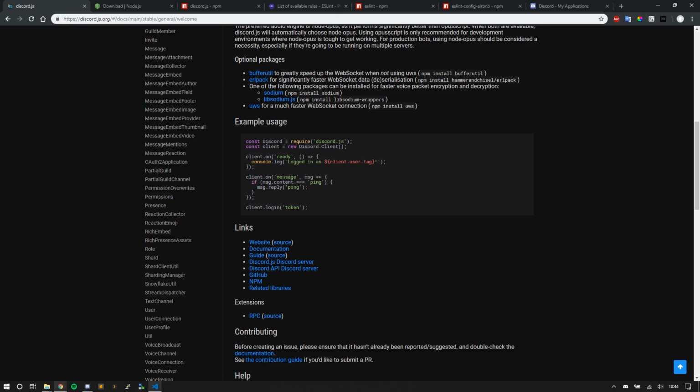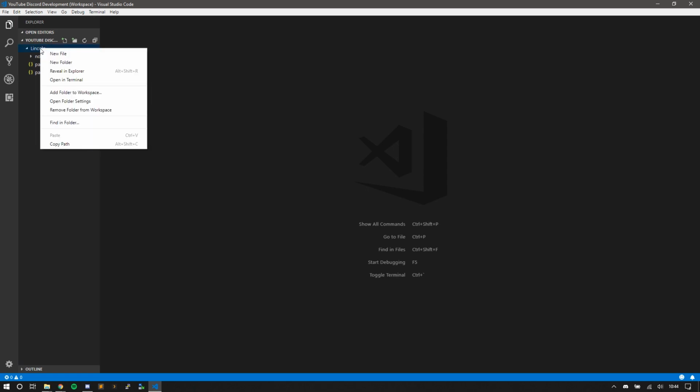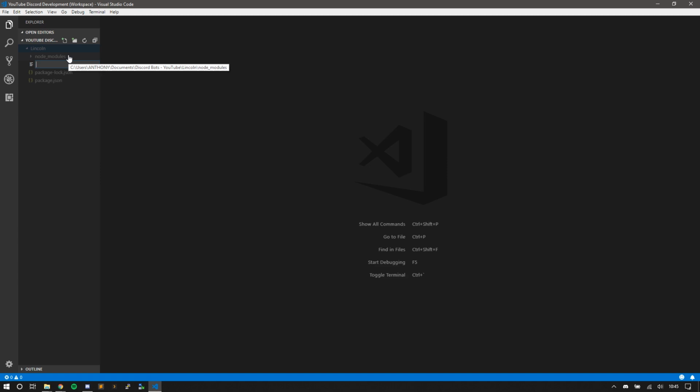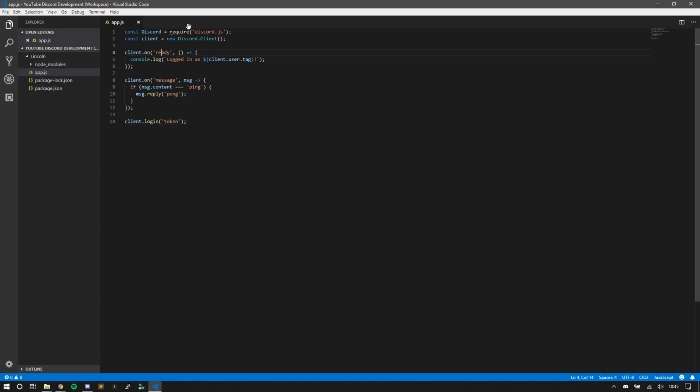This is simply how to just straight off the bat get started with a discord.js bot. So I'm gonna copy this, create a new file. You can do that by right-clicking the folder that you added into Visual Studio. And since I called my main file app.js, I'm gonna call this app.js. If you call it index.js, make sure this is index.js. So I'm gonna call this app.js, and I'm gonna paste in this code. Hit save. So here, I'm gonna talk about what's going on.